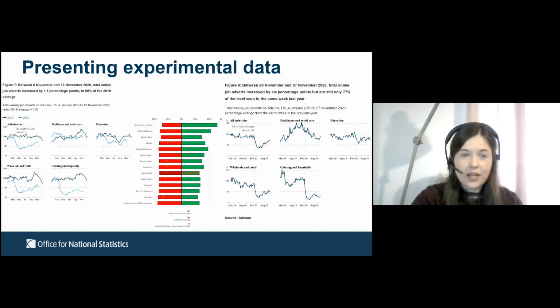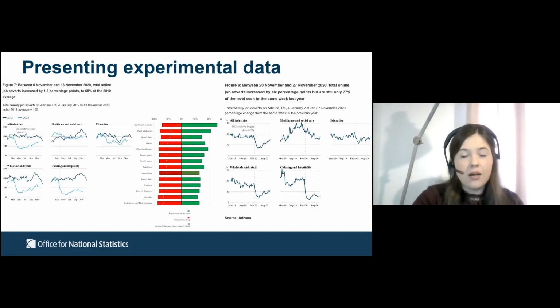We then introduced a job advert series split by NUTS level 1 regions in August. We first began by displaying this information as the horizontal bar chart that you can see in the middle of this slide. So when we first included this data in the release, we wanted to have a focus on the pandemic impacts. So in this chart, the green bars represent the change from the lockdown minimum to the latest value of that week. So kind of highlighting the recovery that the different regions had made.